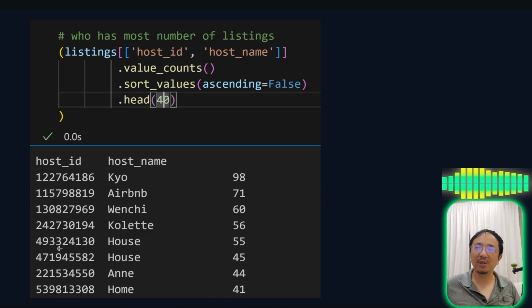So at this point, we have already answered part of the questions. Yes, it is possible to have different host IDs with the same host name. This tells us that relying on the host name alone isn't reliable, because many people have the same name. Additionally, value count doesn't automatically sort the result, so we have to use sort values to sort by the